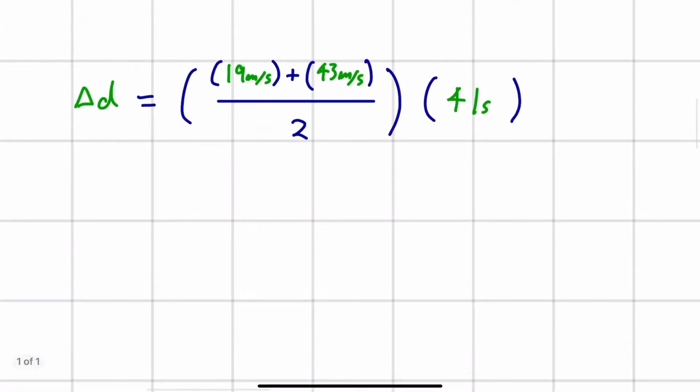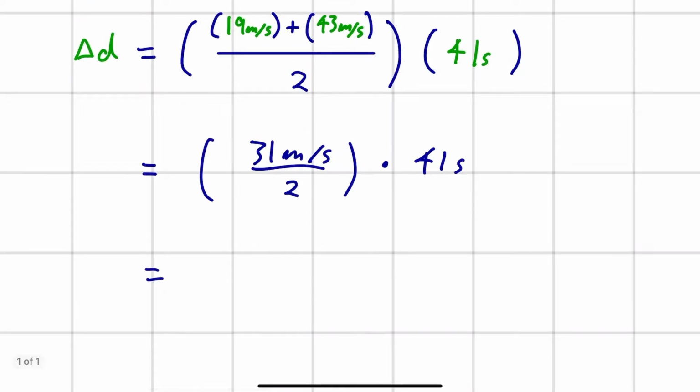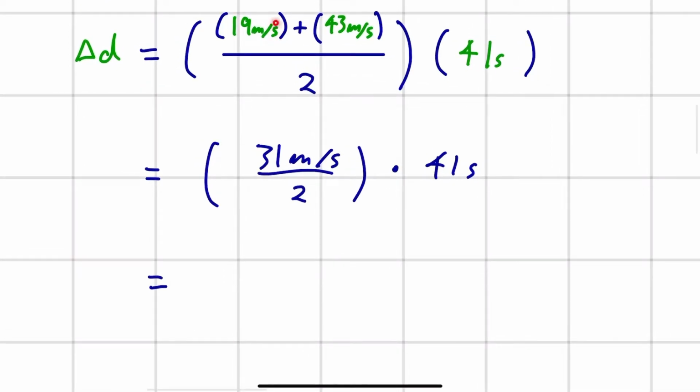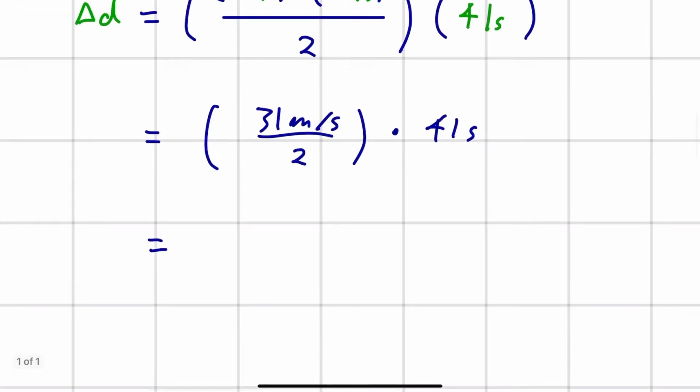So all we have to do now is keep simplifying this. Also, make sure to keep track of your units. Make sure that they're being consistent and that you're just holding on to the meters per second and the seconds over here. And we'll make sure that they cancel out appropriately